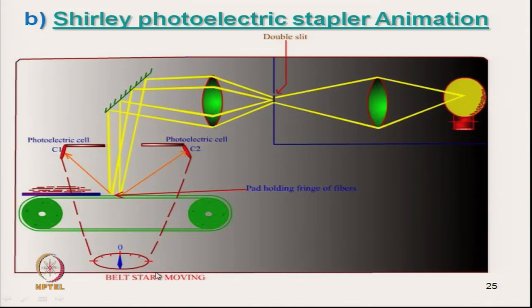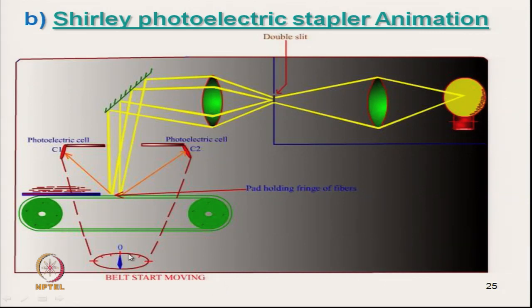This is the meter which shows the deflection, and the deflection here is actually the difference between the signals from photoelectric cells C1 and C2. At this point, as they are receiving the same quantity of light or intensity, this difference will be 0. Gradually it is moving, and even in a black portion it gives the same signal, there is no deflection, but as soon as it reaches that particular line where the intensity suddenly changes, the maximum deflection will be there.